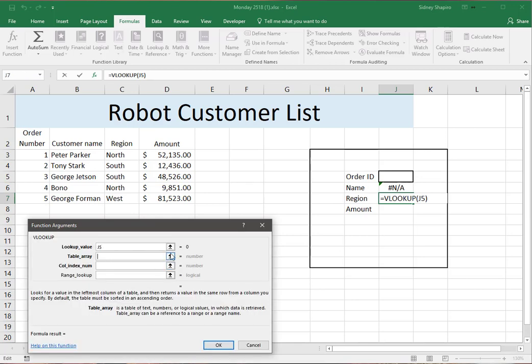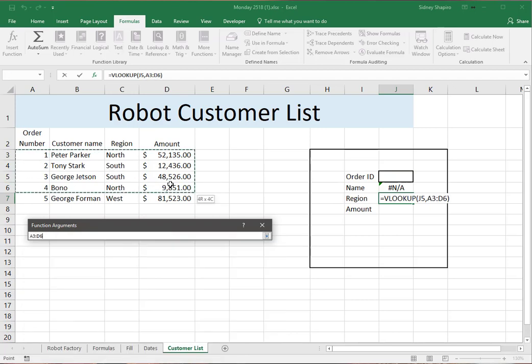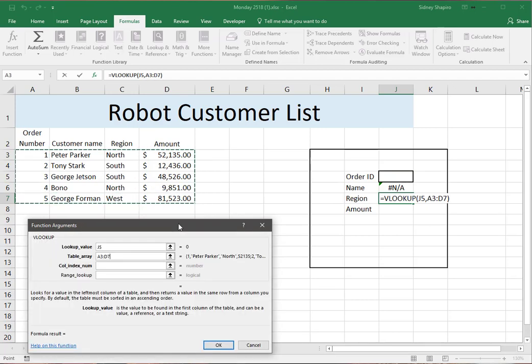Next, we want the table array. Where's our data being stored? We're going to grab the same box, hit enter. Then we're going to do column index number. What is the column index number for region? Number 3, right? We have 1, 2, 3. So I'm going to pick number 3 right there. And the rest of it doesn't matter for right now, but it will be important in a second,